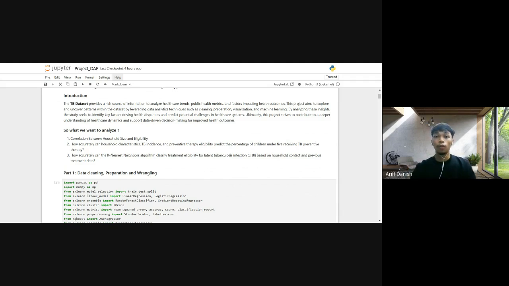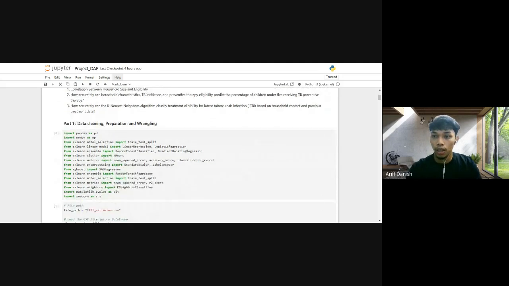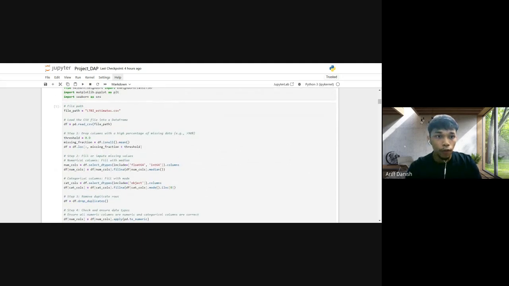So we go to the first part, which is my part. This is the import library. We are using Pandas and NumPy and also all the extensions we use. Then we go to the part of the cleaning. So the code is